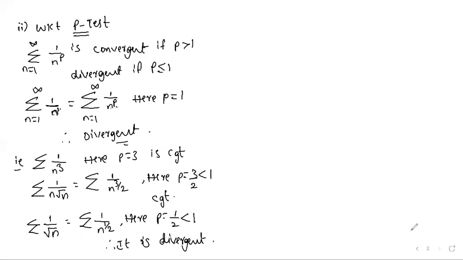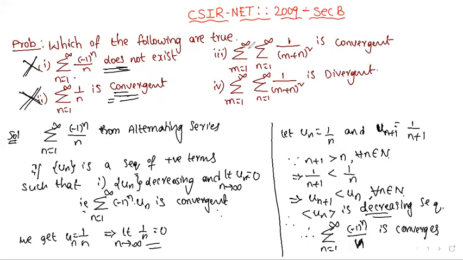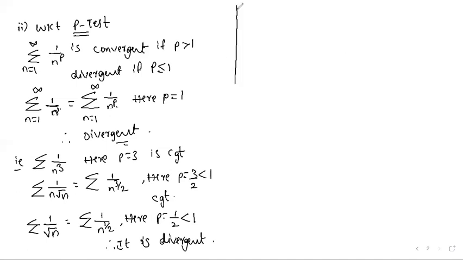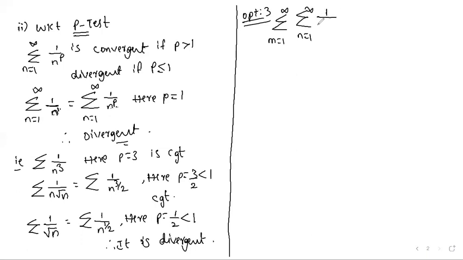Now we'll go to the third option, that is summation m equals 1 to infinity, summation n equals 1 to infinity 1 by (m plus n) whole square is convergent. We'll check it. Third option,